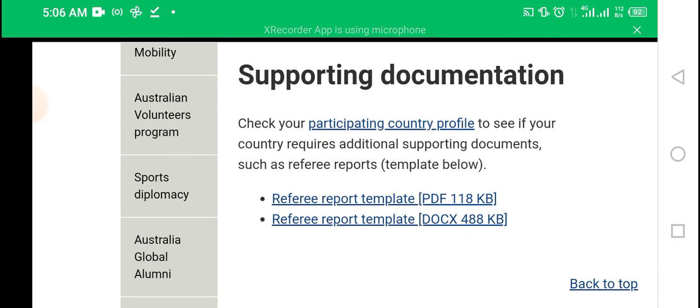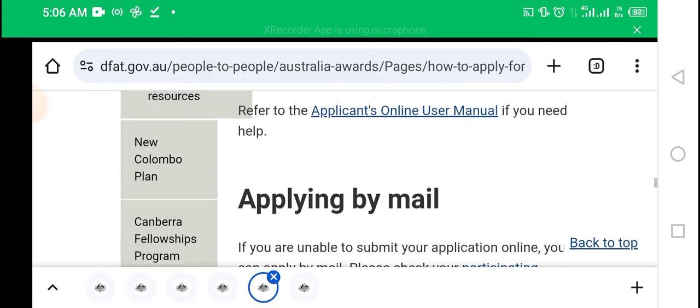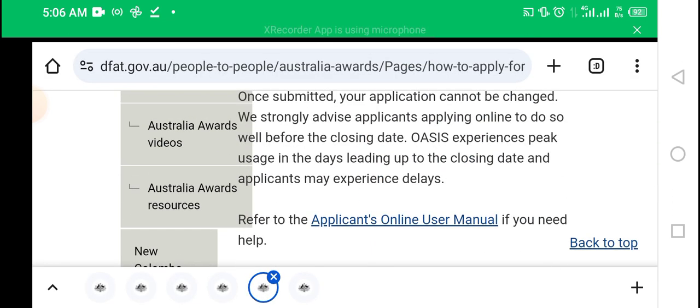You have a referee report template. So, for all of this, you can check country specific information. Of course, you have to download the Word format and the PDF format. The Word format of the referee application is what you must use. And don't forget, I keep emphasizing something on this channel: